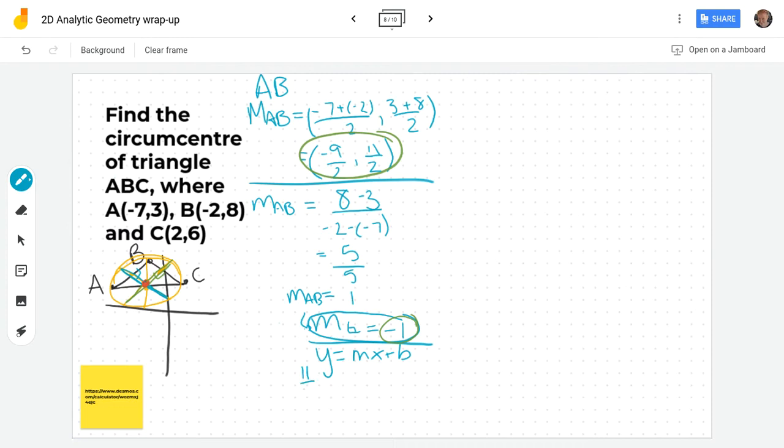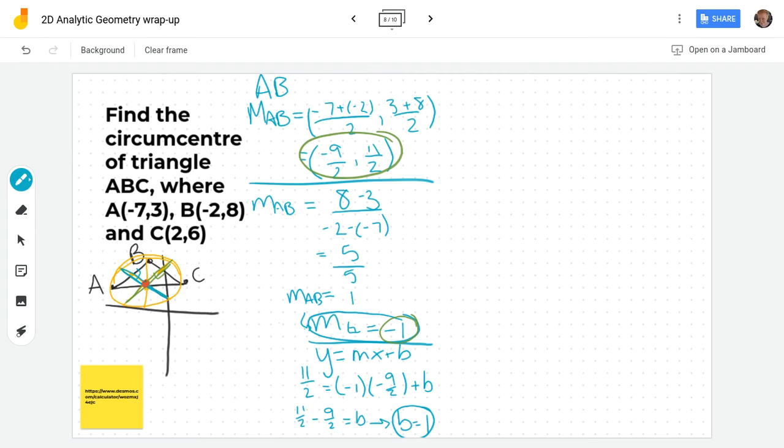So 11/2 is equal to -1 times -9/2 plus b. So 11/2 is equal to positive 9/2 plus b. I'm going to bring the positive 9/2 to the other side. So I'll have 11/2 minus 9/2 is equal to b, which means that b is 11 minus 9 is 2. 2/2 is 1. So b equals 1, which means that the equation of this line is then